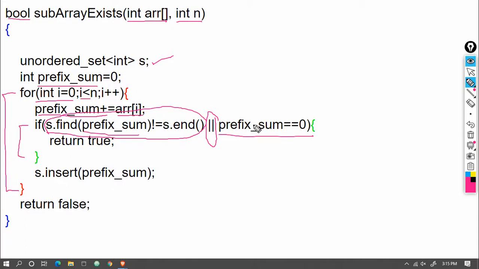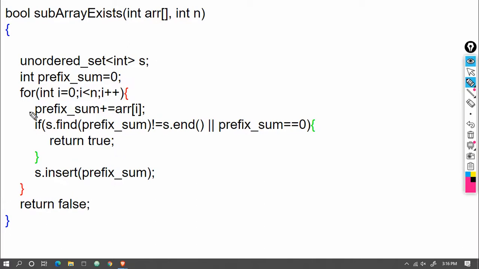If any one of these conditions is true, we have to return true here. Okay. Else, if this condition is not true, we have to do nothing. We have to insert the prefix sum into our set. So I hope this is clear to all of you.